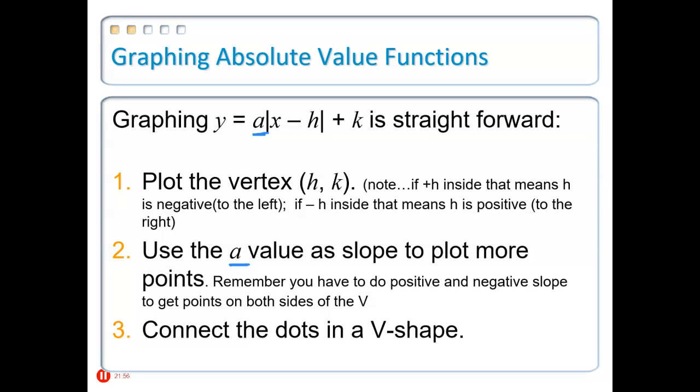If the A value is less than 1 but greater than 0, the graph is going to be wider. So yesterday, a big part of our homework was looking at those two different types. So a narrow graph might look like this. That would have an A value greater than 1. A compressed graph